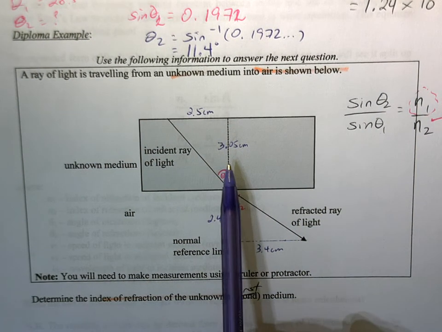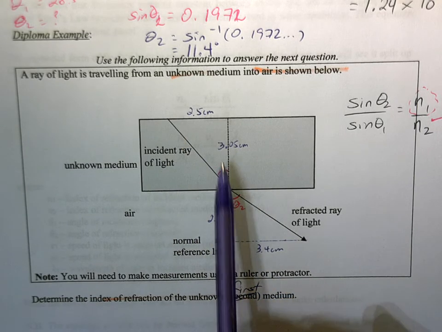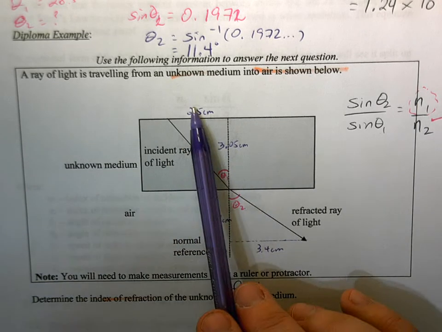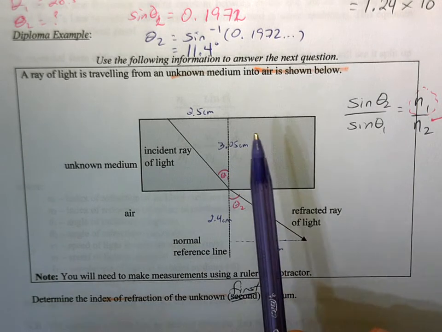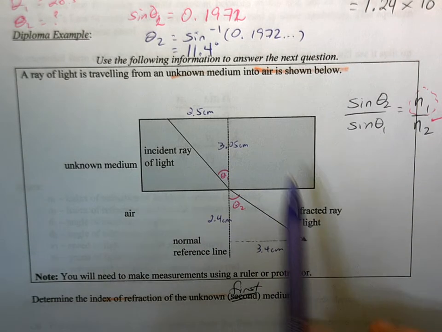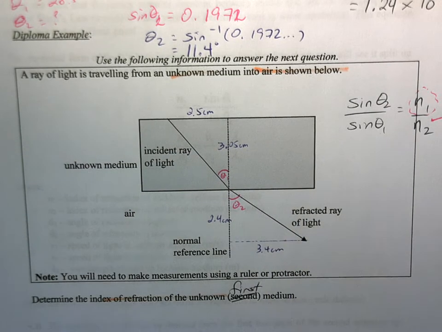So what you'd actually be doing if you didn't have a protractor like I do, you want to maybe measure the legs of your triangle, and then you're going to use the inverse tangent to find that angle. Because if this is my opposite and adjacent, the inverse tangent would tell me that angle. So based on my calculation here, if I do the inverse tangent, I'm going to get about